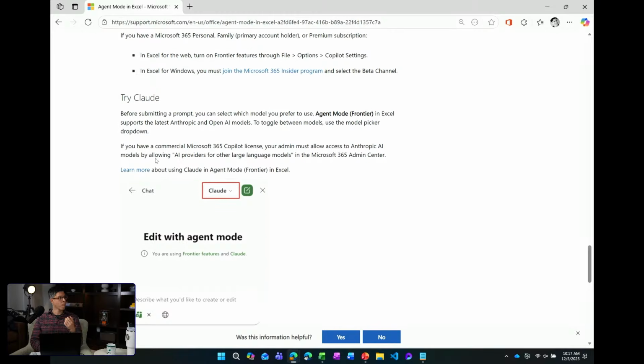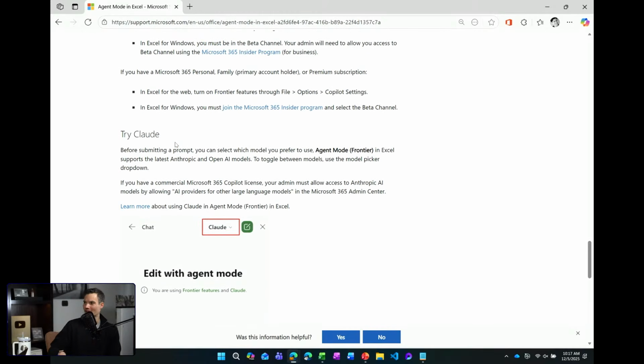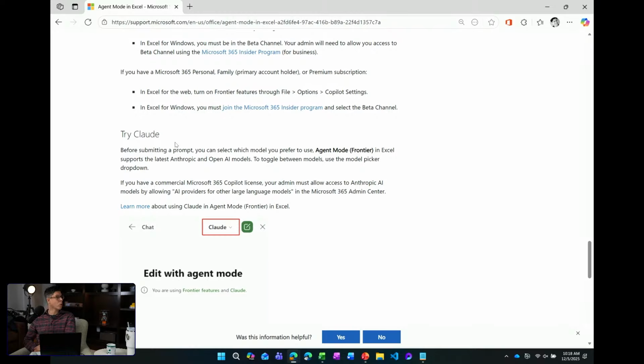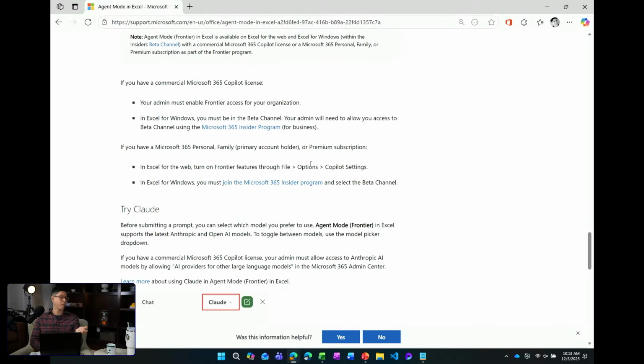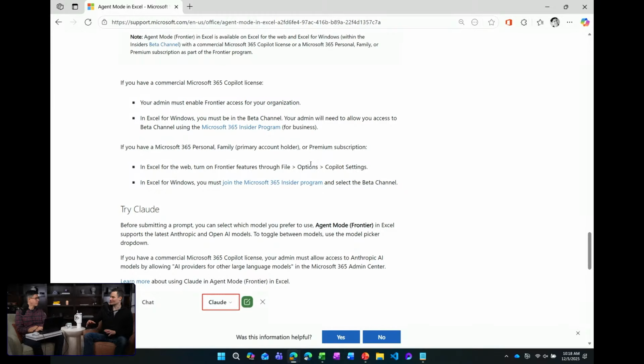So this Frontier program, that's for organizations or enterprises to make the feature sets available to their employee base early. Also consumer. It's both enterprise and consumer. Okay, got it. So here's exact information on how to access the program, and it gives you access not just to stuff in Excel, but across Microsoft, like all of the cool stuff we're doing with agents, like the analysis agent. A lot of those are GA already, but some of the leading edge AI work. So if you want to be on the bleeding edge of the latest tech coming up, you should opt into this program, Frontier.